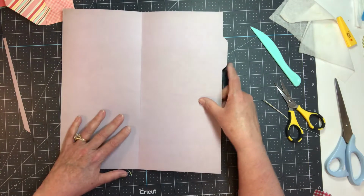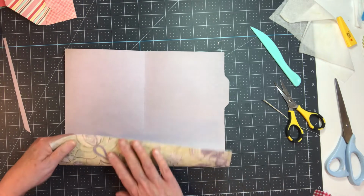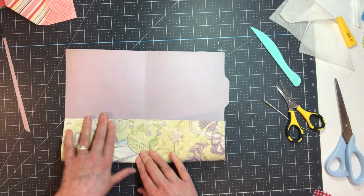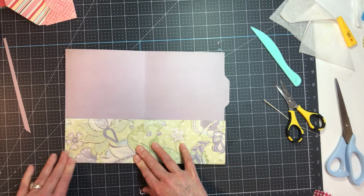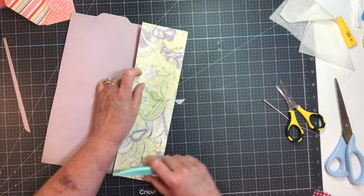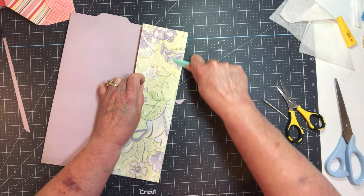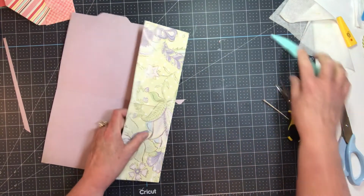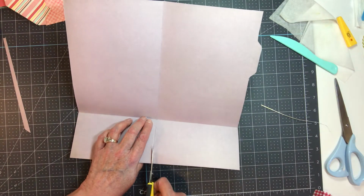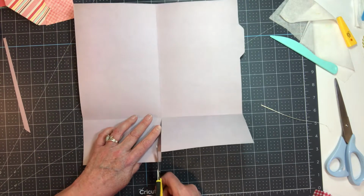Okay, so now I'm gonna take the short side, and I'm gonna decide how big I want my pocket. I'm gonna say whatever that is. She didn't do this, but I find that it's better, so I'm going to go ahead and cut this down the center, which she did do that part. But I like taking just a sliver